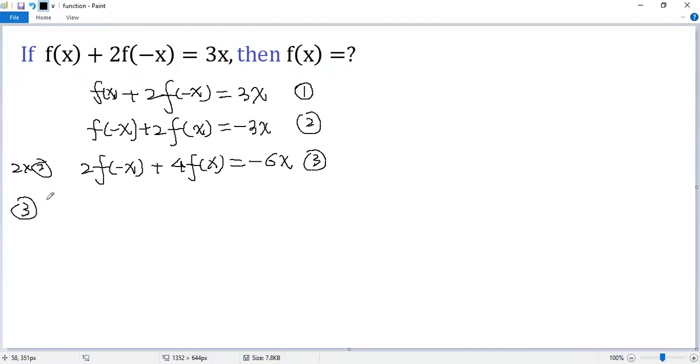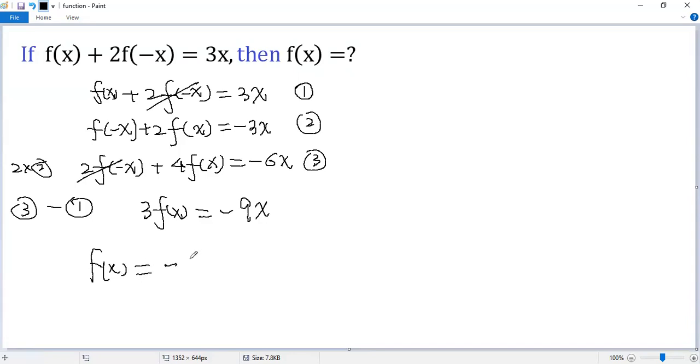Now equation 3 minus equation 1. So 2f(-x) minus 2f(-x) is 0. 4f(x) minus f(x) equals 3f(x). The right side, negative 6x minus 3x, is negative 9x. Both sides divided by 3. Finally, we get the expression for f(x), which is negative